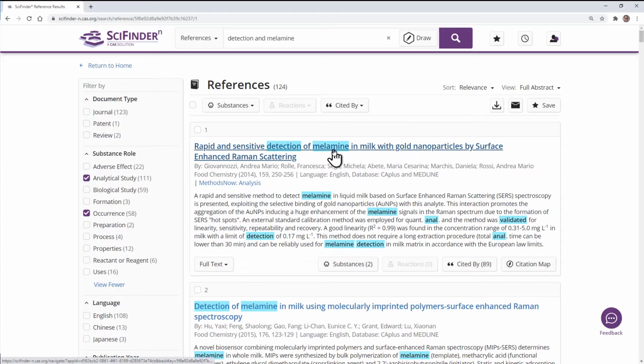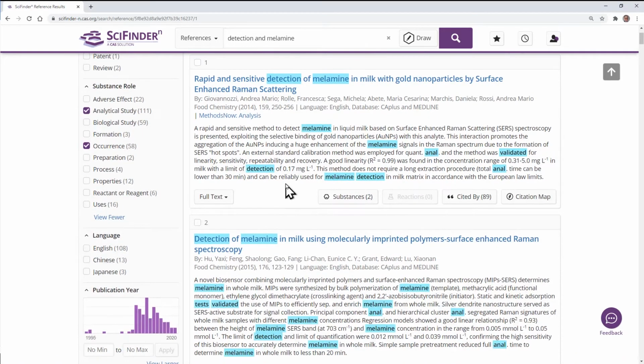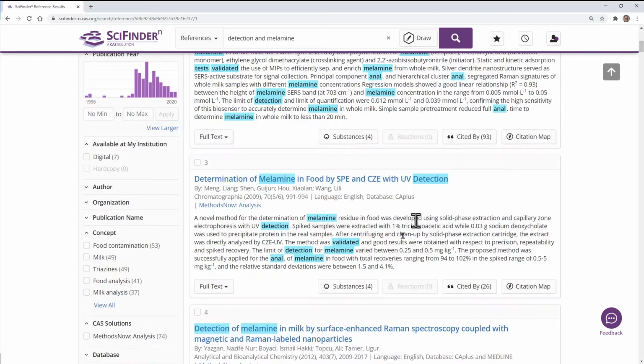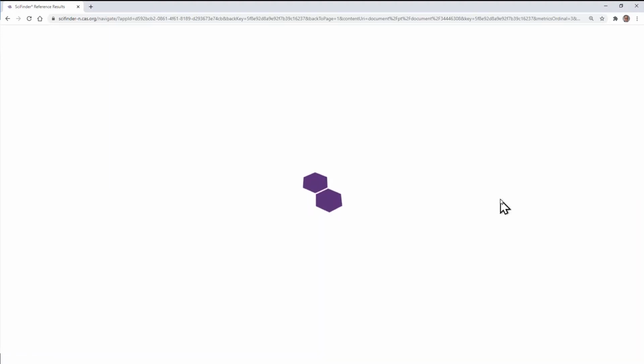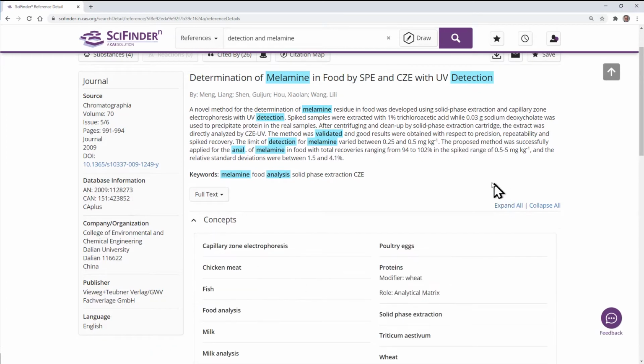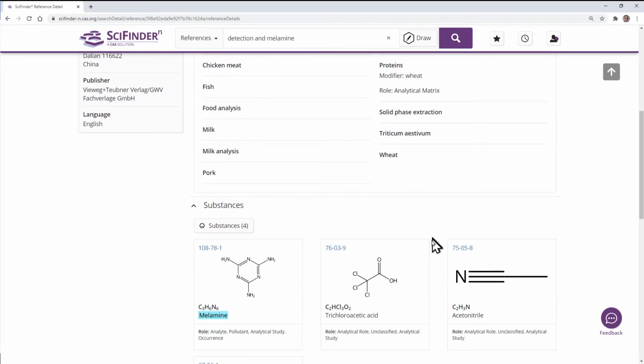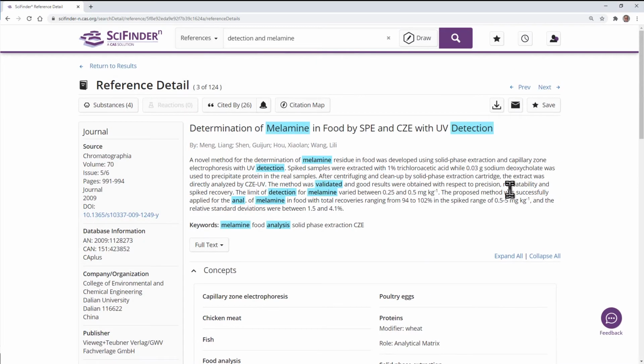And so now I'll see where they are mentioning detection of melamine, and they're mentioning validation in here, used reliably, the tests are validated, detection, analysis, and sometimes it's in the concepts they may be talking about validation there. Again, here you see melamine is the analyte. It's part of the analytical study and the occurrence roles, and that's what we narrowed down earlier, but the method